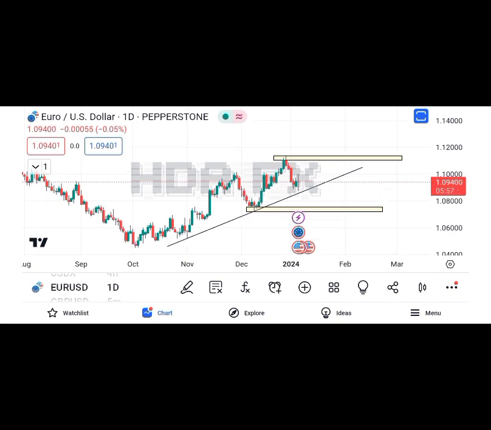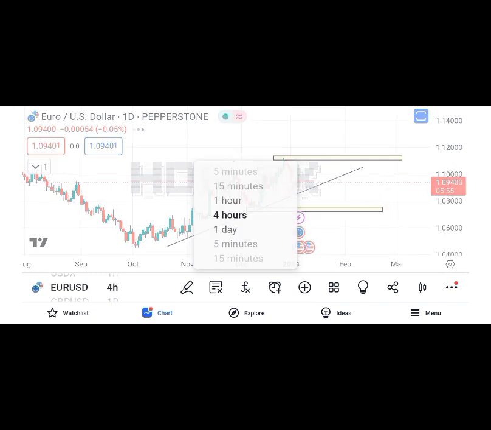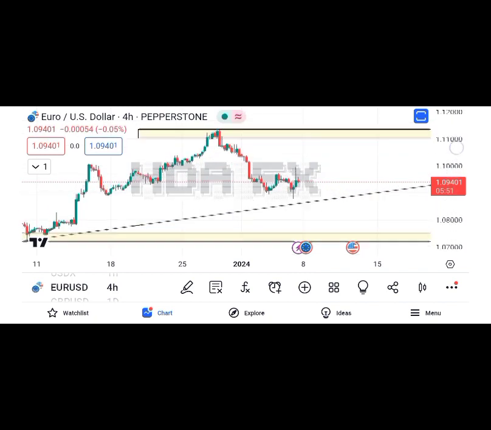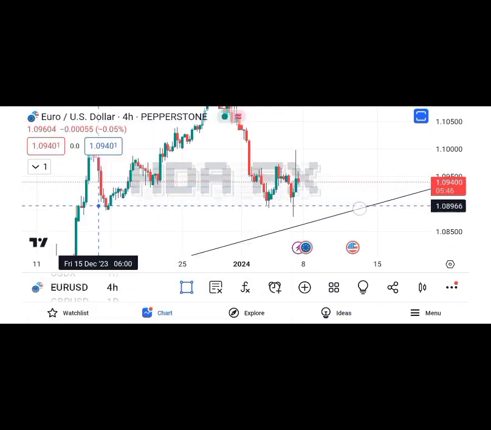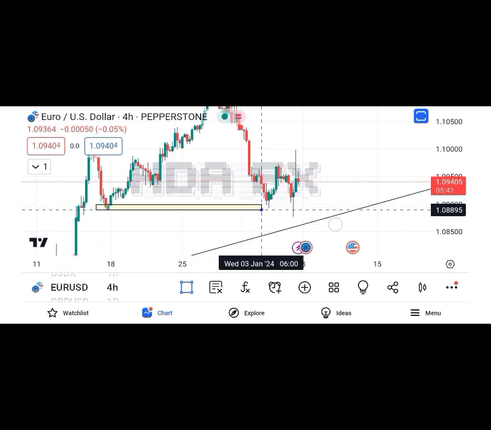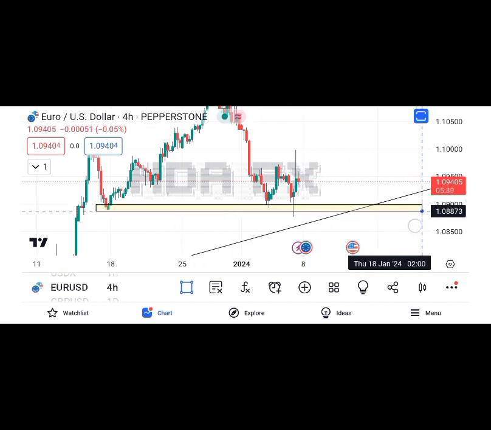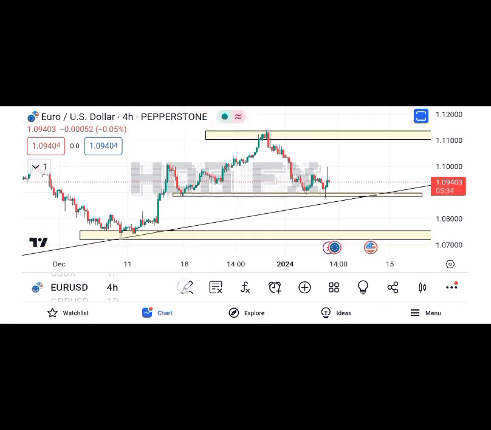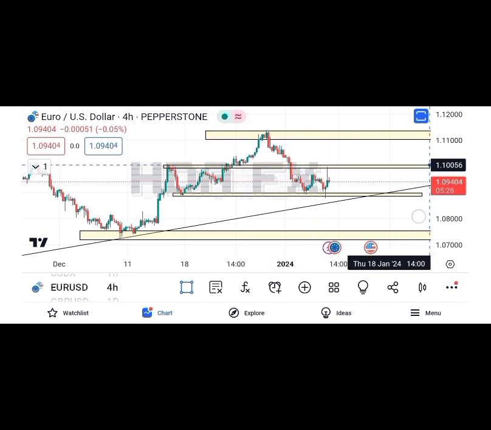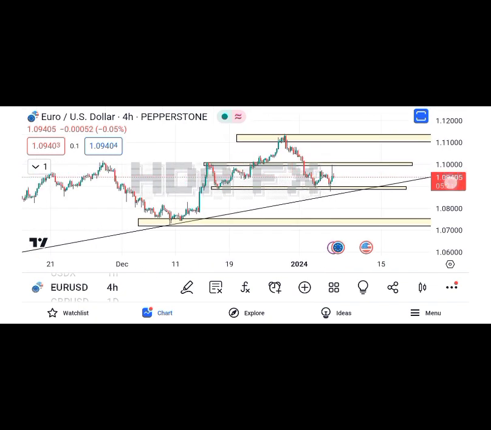Now moving down to the 4-hour time frame, let's see what we have there. On the 4-hour time frame, we can see these key levels here also, and we have another key level here, and another here. So now, like I said,